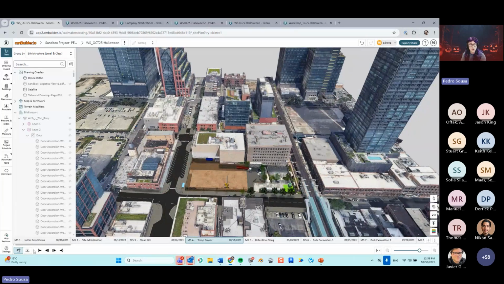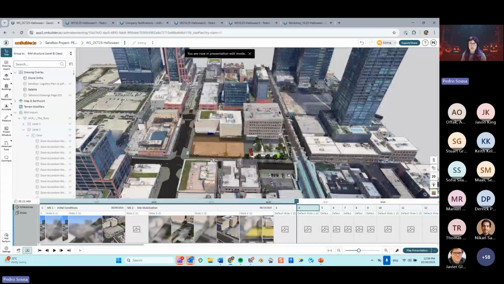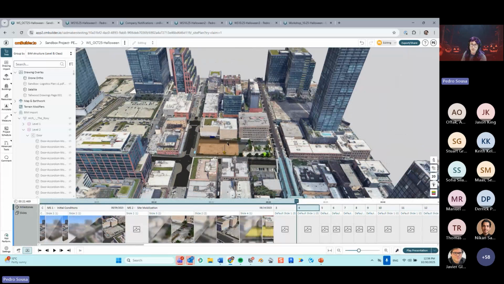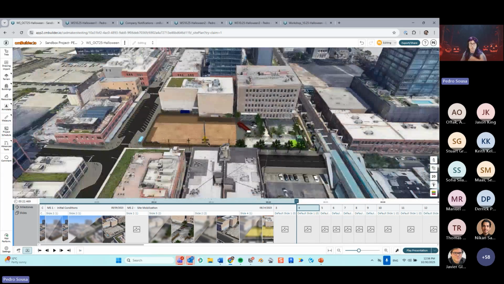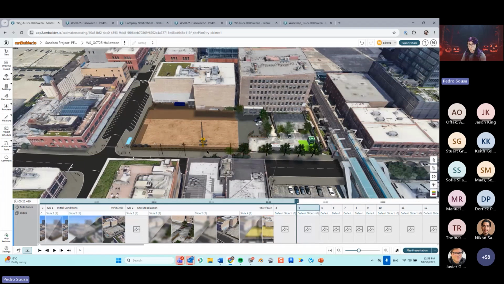So now when you go into presentation mode, as you can see, you can still do editing in the view. With this new mode, when you turn on presentation mode, you still have access to your editing capabilities and a bunch of elements, so you can add objects and still work on your scenario while you're doing your presentation. If you remember that you need to add something, a zone, an annotation, or something like that, you don't need to get out of presentation mode and then go back into it. You can do things while you're working in presentation mode. So we are adding more and more capabilities with this new presentation and milestone as a timeline. So I really encourage you all to